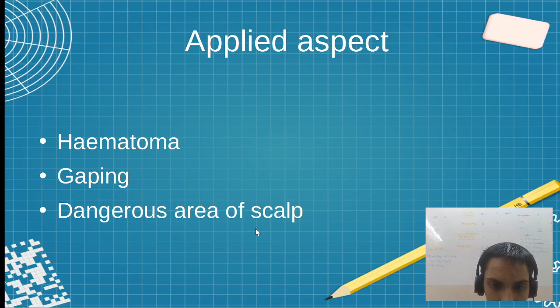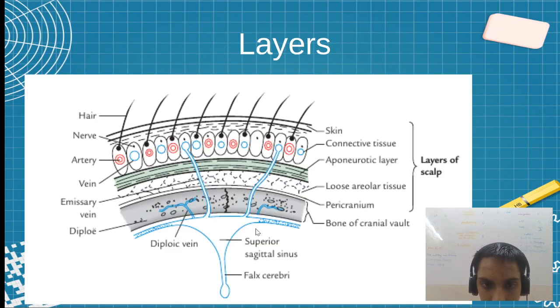And the dangerous area of scalp, I'll show you which layer it is. This layer. Please see my cursor here. The loose areolar tissue. This is the dangerous area of scalp. Why? Because any infection will very quickly pass in a retrograde manner through the emissary veins because of Wallace mechanism. It can lead to the rupture of this vein. Thrombosis and paralysis of the face can also happen.